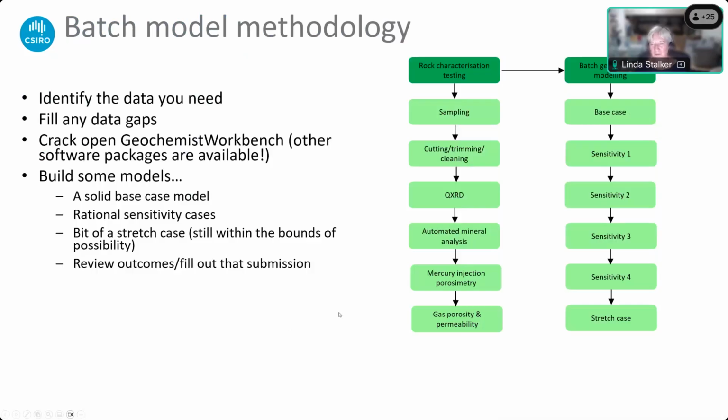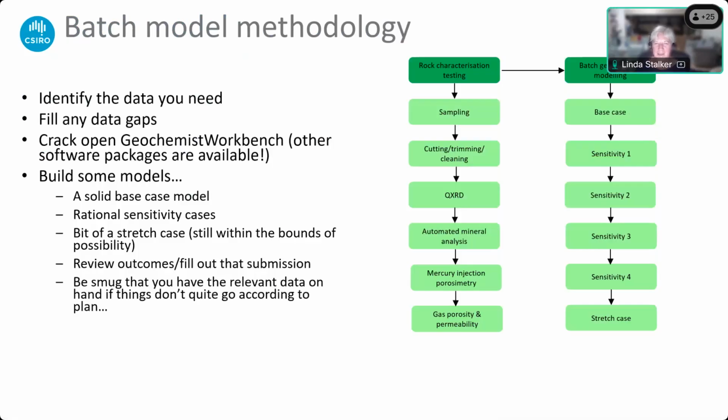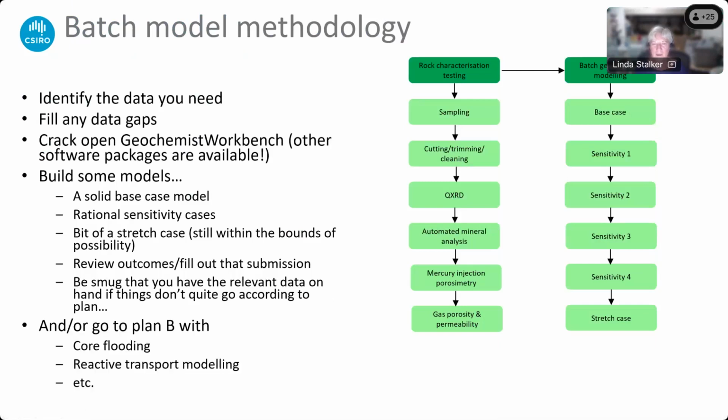And so if that's all happened, you review your outcomes, you're going to fill out your declaration of storage or whatever relevant submission you need to do. And once you've started injecting, if it doesn't necessarily match, you can still be pretty smug that you've got relevant data on hand if things don't quite go according to plan. And so then you may have to go to plan B, which may be core flooding or reactive transport modelling or some other methodology, which will take a lot more time, effort, cost, and so forth. But at least you've done this screening and it's given you an indication of whether you've actually got a